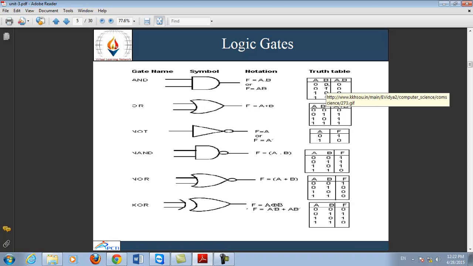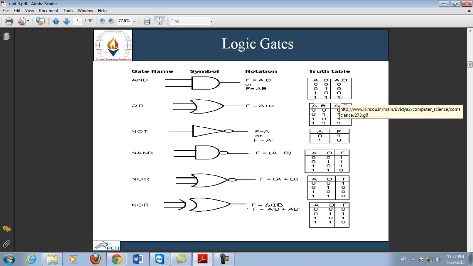Now, if you perform the AND operation between A and B, and both the values are false, then the result will also be false, that is 0. If one of the values is true and one is false, then the output will be false again. It means the output will be true only when both the conditions are true. That is, in the case of 1 1 the output will be 1, and in other cases if any of the inputs is false, then the output will be false.